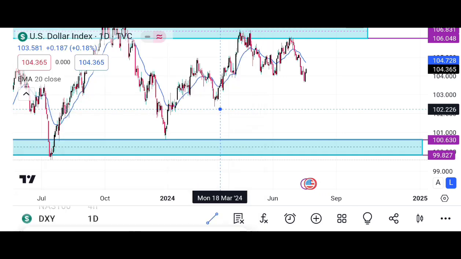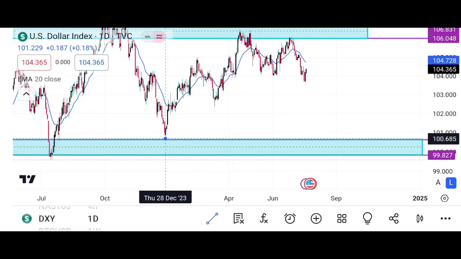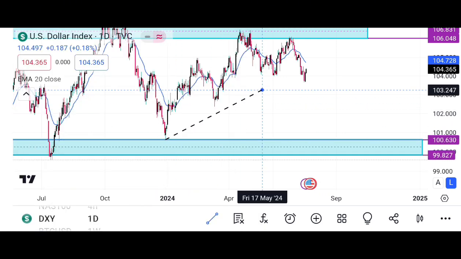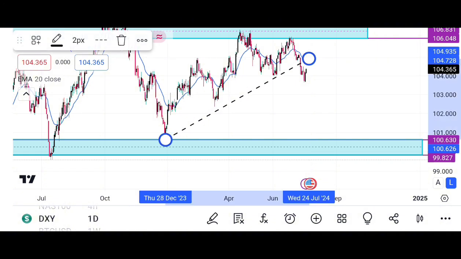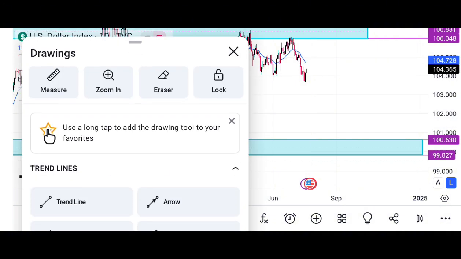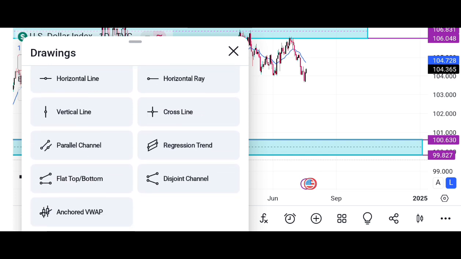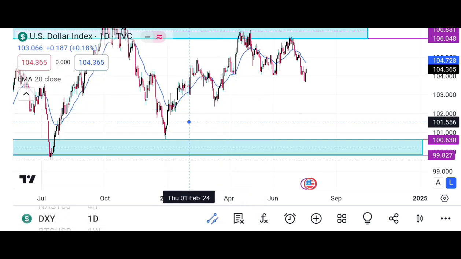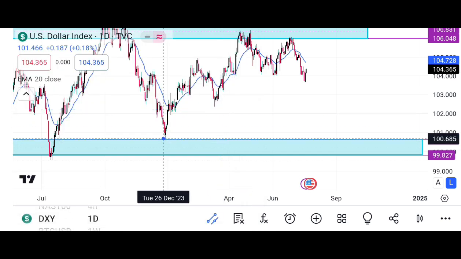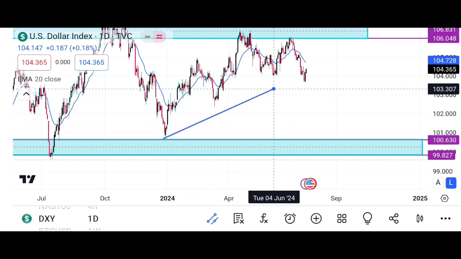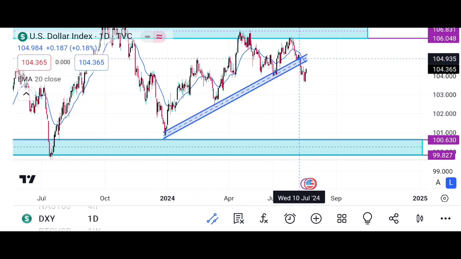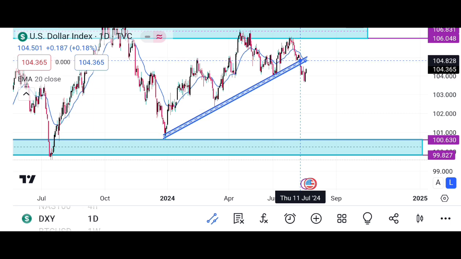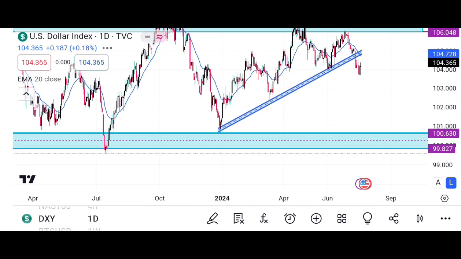So what I'm going to be doing now, I'm going to be taking my line and placing it over here. But I don't think I'm needing this. Reason being, I need this parallel line over here, because this parallel channel is the best. I don't want to lie to you guys now. It is the best. It covers the weeks, guys, perfectly, so that you don't have a lot of fake outs.